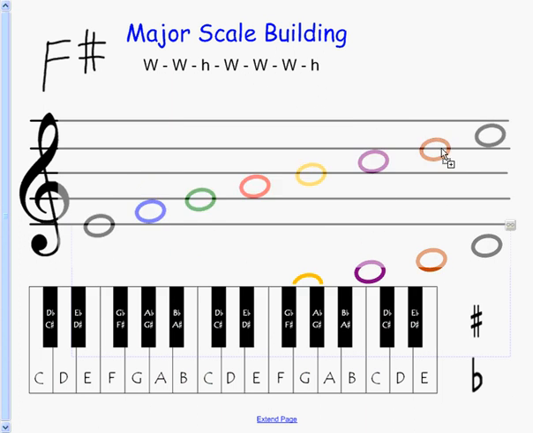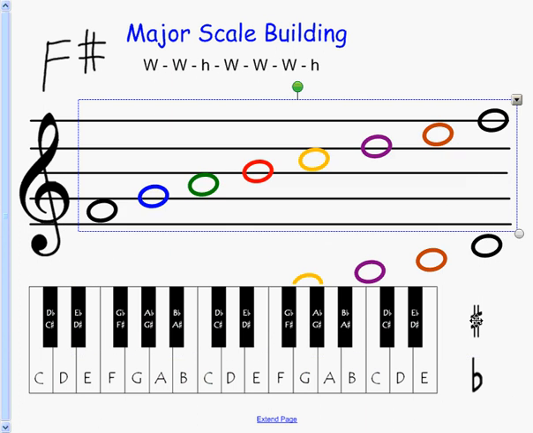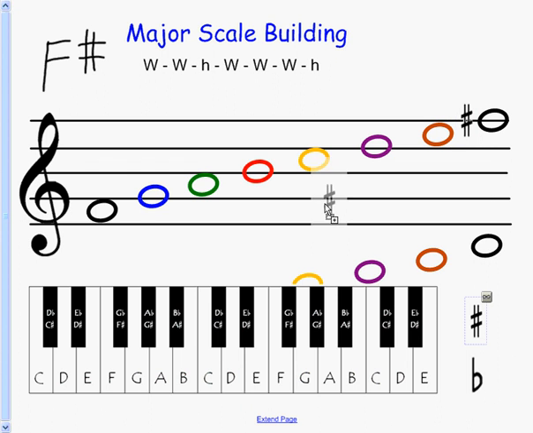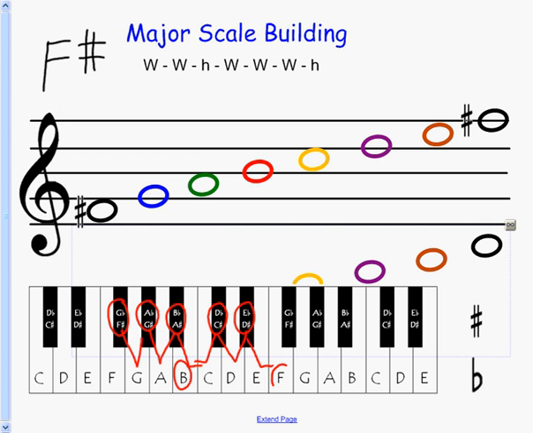So move this up into the key. Let's put our F sharps on so we know right away what scale we're building. And let's build it up on the piano. So we have F sharp, whole step, half step, whole step, whole step, whole step, half step. All right. And this one has a little tricky one that you're going to look out for, and